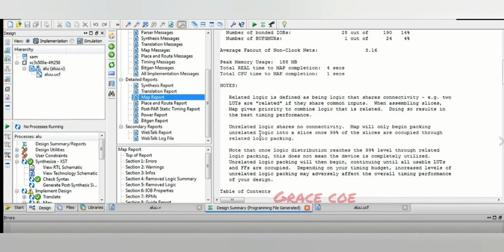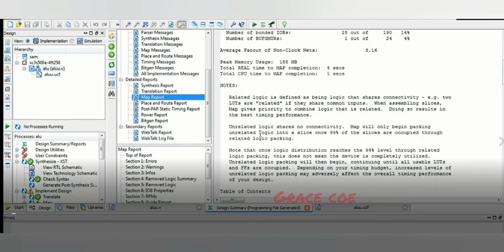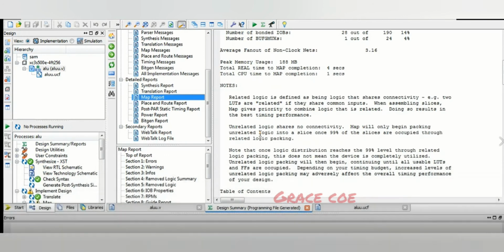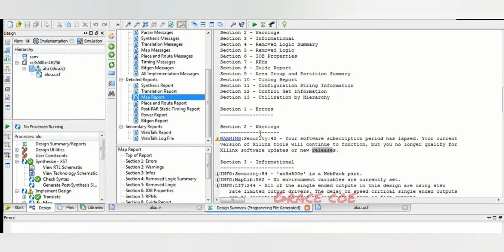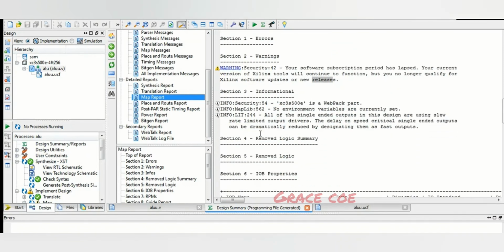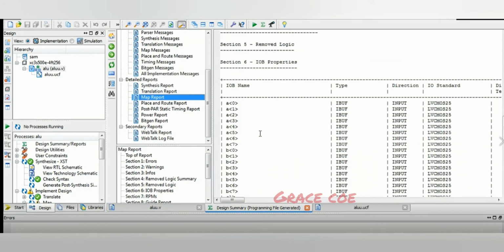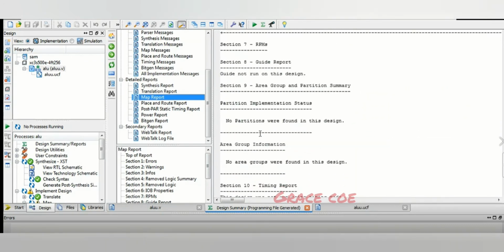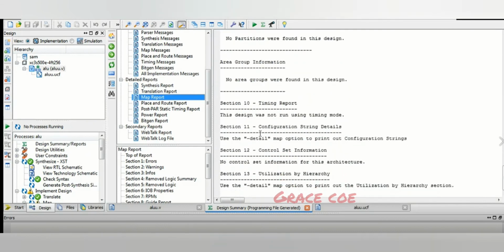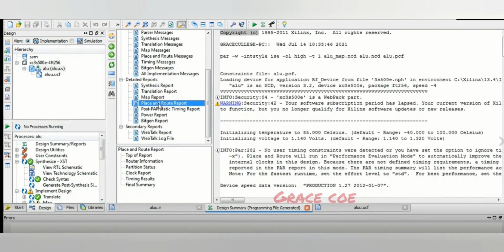It processes all location and timing constraints, performs target device optimizations, and runs a design rule check on the resulting mapped netlist. So this is what is being displayed for the map report. So here you can get the IOB details, the timing report, the configuration string details, and all those things.